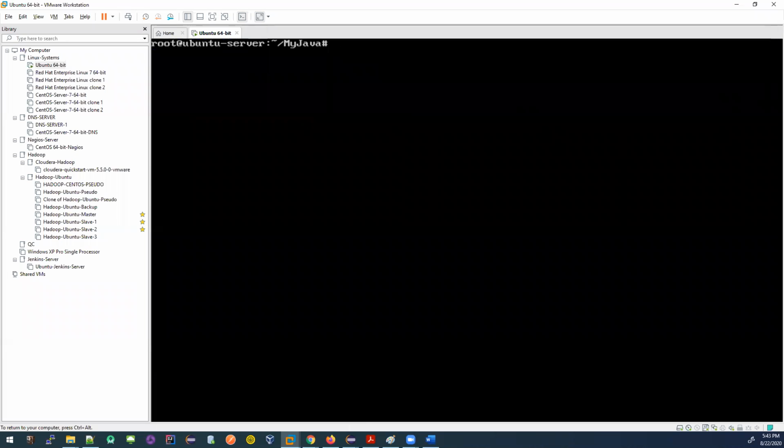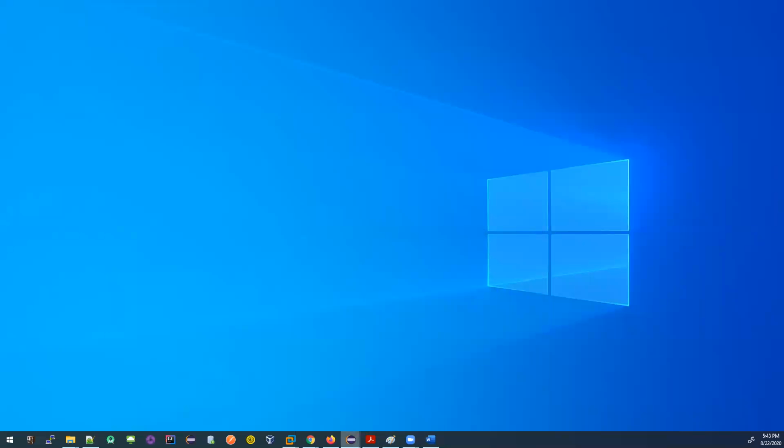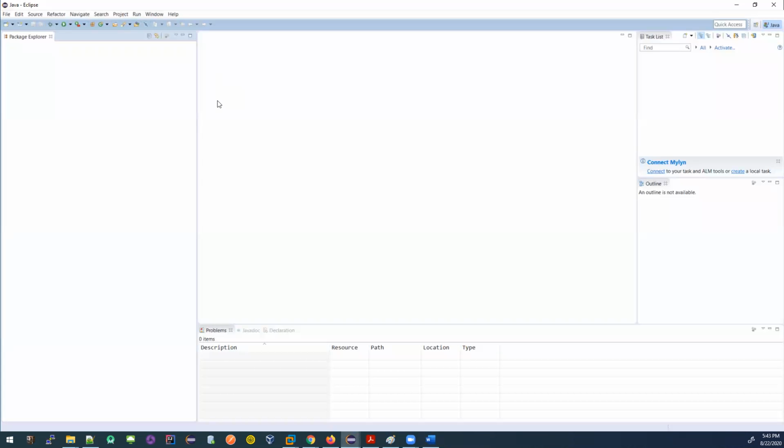Now I have written and executed this code without an IDE, right? Why do I need an IDE? Because the platform that an IDE gives me is much cleaner and much more interactive. I can create a file, I can execute it, I can do debugging. By the way, what does debugging mean? Debugging is when you find an error or some problem and you want to resolve it. You have a bug in your code, you change it, you debug it, okay?